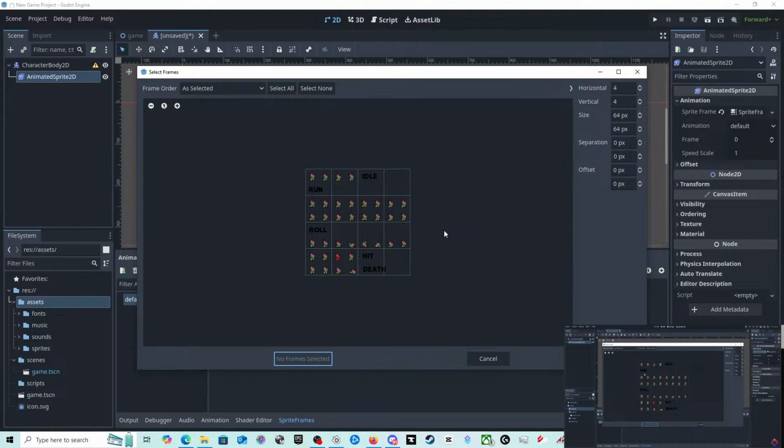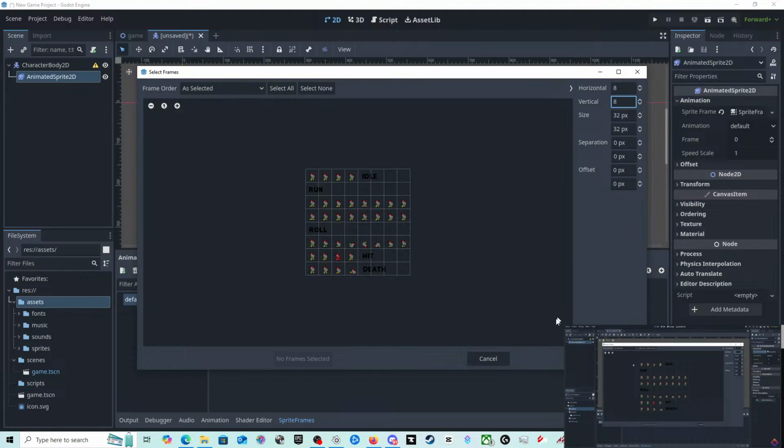It's a very efficient way of working with lots of sprites, such as when doing animations. Otherwise, we would have to create an image for each single frame, which would quickly become an unmanageable amount of files. Now to start adding these frames in, we first need to configure the grid here. Currently it's set to 4x4. Let's go ahead and increase this. I've created an 8x8 grid here, and as you can see, each frame now has its own grid cell.